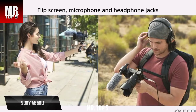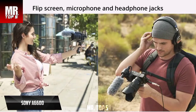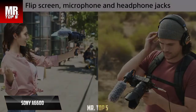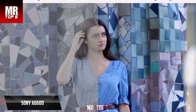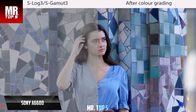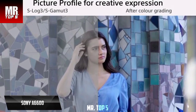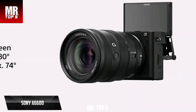Another advantage for action shooters is the autofocus, which includes improved battery life. One of the key improvements when comparing the A6600 to the A6400 is that now you can get 720 shots per charge, which is basically a reference number, as you can get more careful power management in terms of video. You can get 4K video at up to 30 frames per second with full pixel readout and no pixel merging. Those with advanced needs may be disappointed not to have 60p, but this should be more than enough